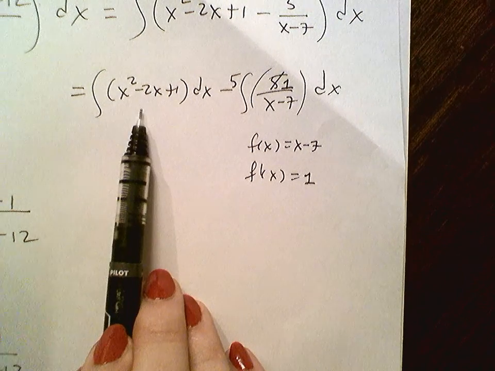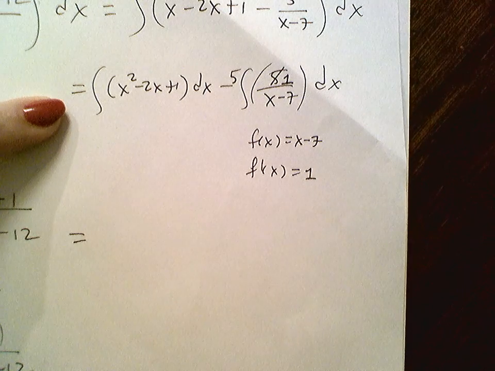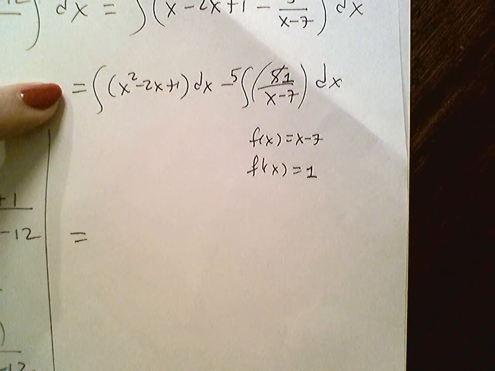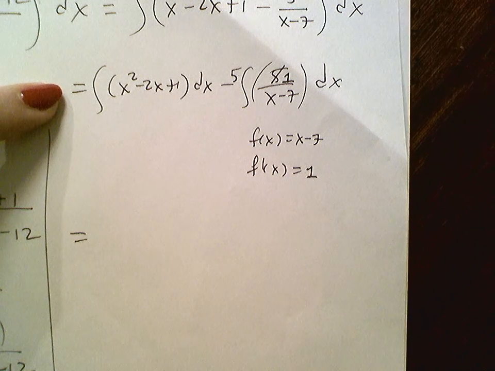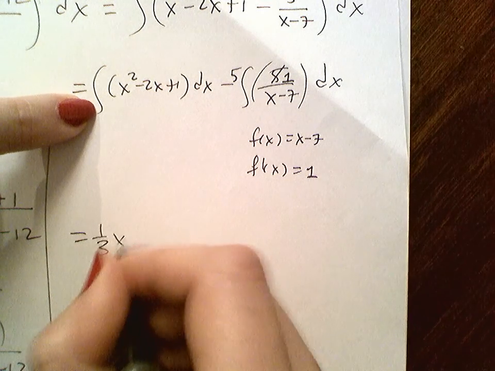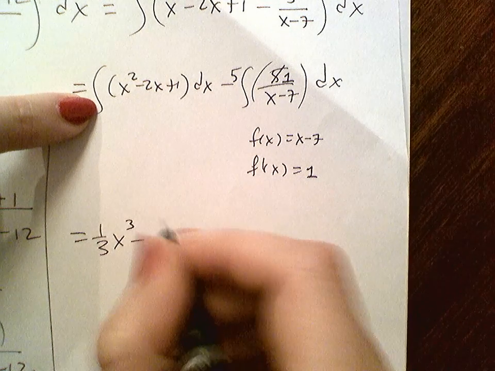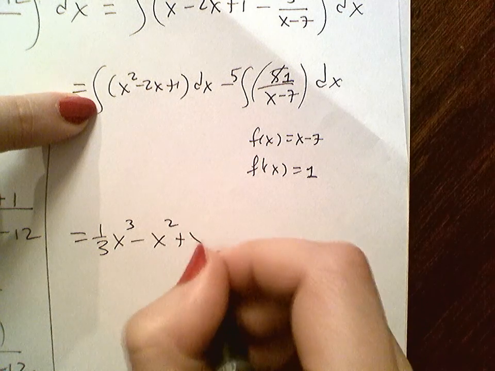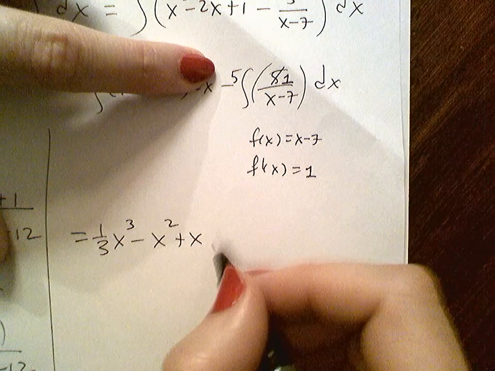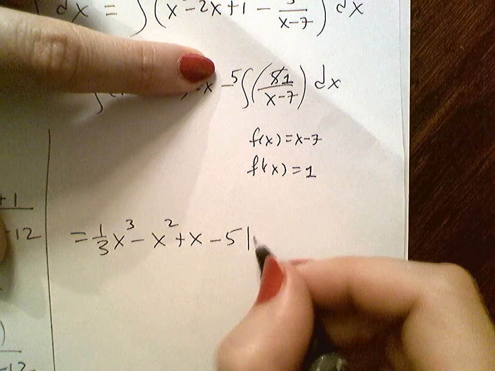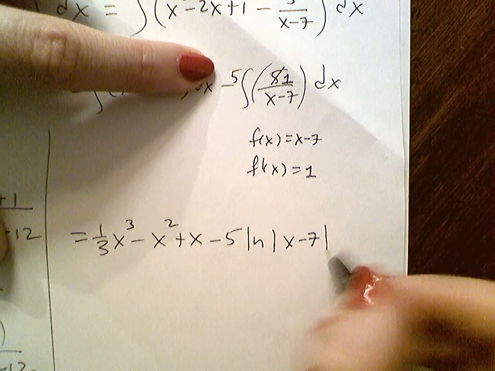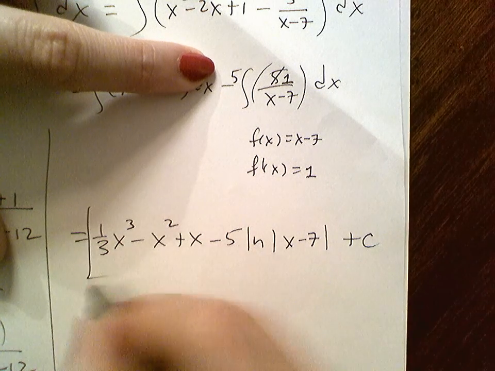So for this part, so now I am taking the antiderivative, so all the integral stuff is disappearing now. I'm getting my final output. So this is 1/3 x to the third minus x squared plus x. Don't worry about the plus c. We'll put it at the very end. This minus 5 can just come down. Natural log of the absolute value of the denominator of the fraction